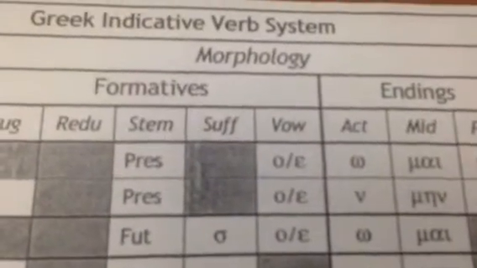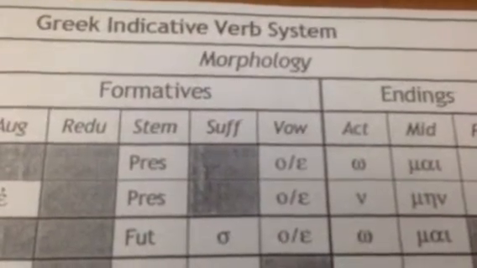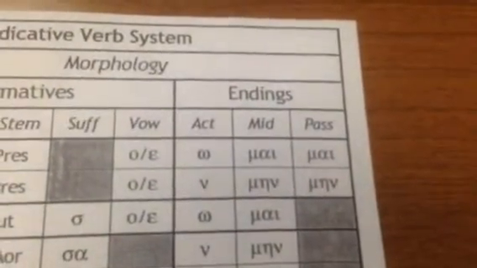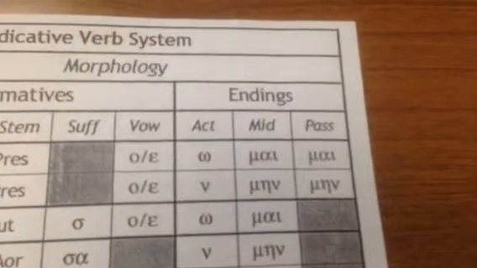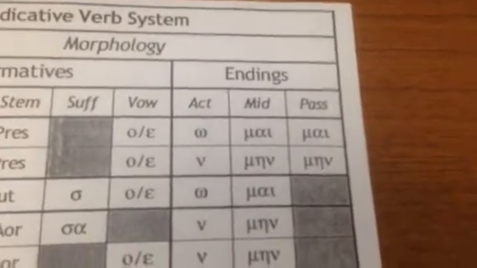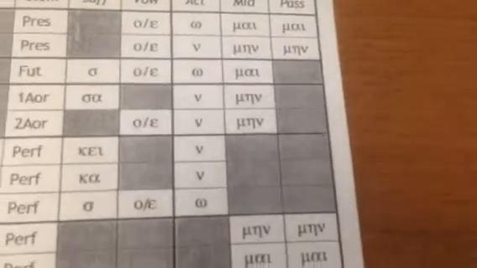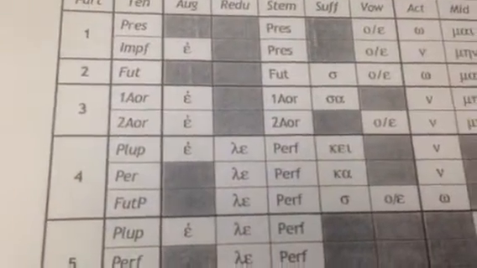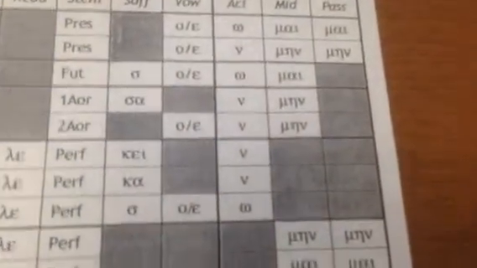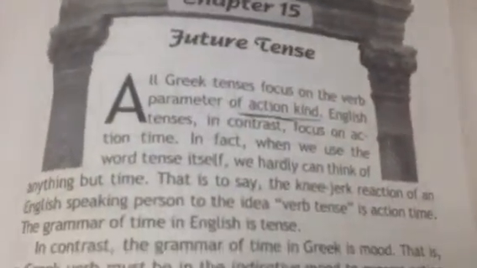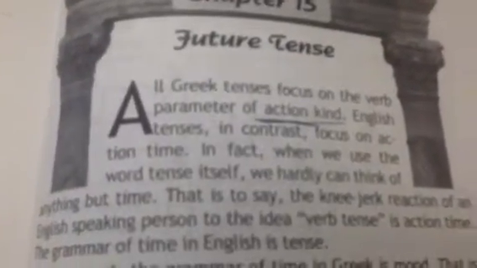We also, once again, encounter the thematic vowel, which either is the omicron or the epsilon. And also for the first time, we see that we only use active and middle endings. There's no passive ending being used here. You see that we don't use this for a while, so we don't encounter this for the second principal part, nor for the third principal part, or the fourth principal part, but those are relegated to the fifth and the sixth principal part.